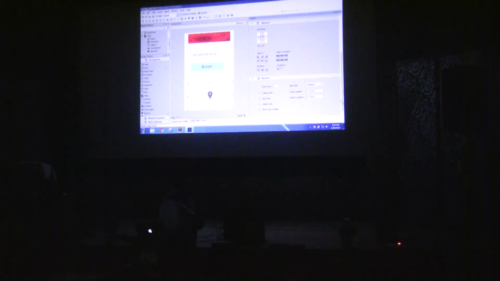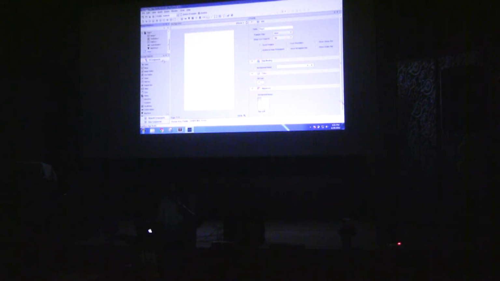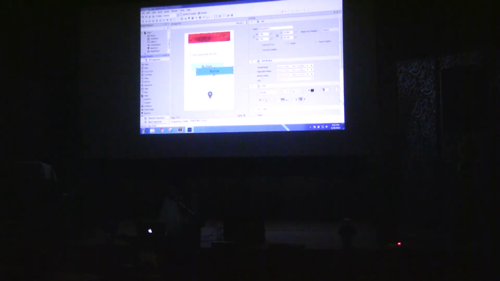Okay. And lastly, now I want to make it long. Let's make a new page 2, for example. Okay, in page 1, you know, the application is generally made page by page. Let's put an image button here.